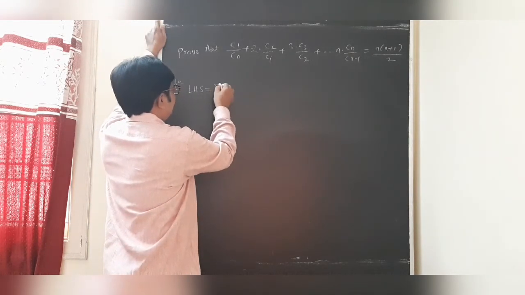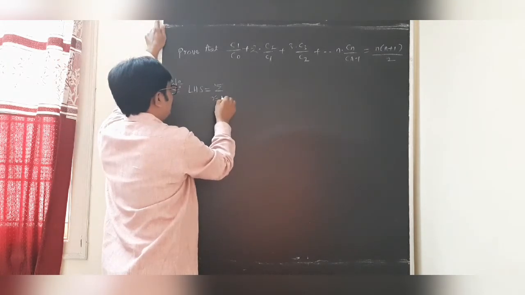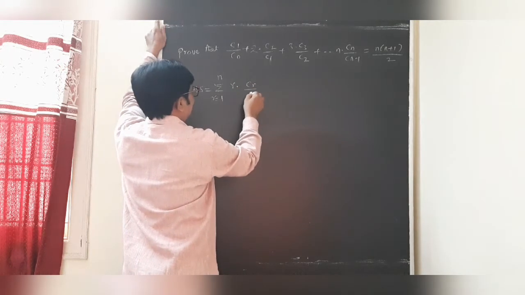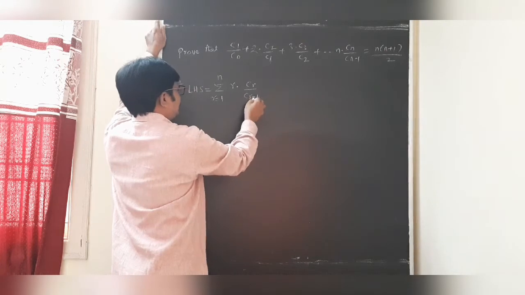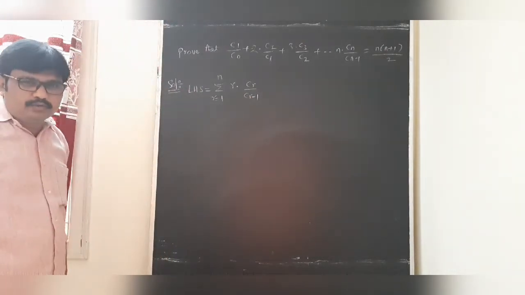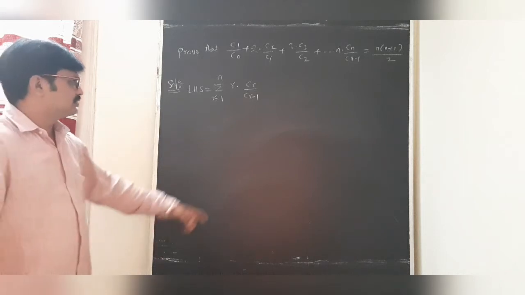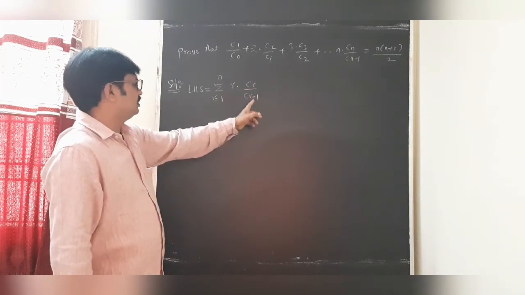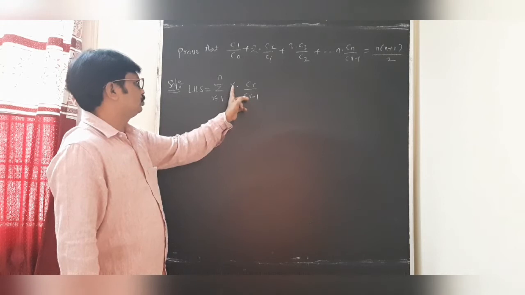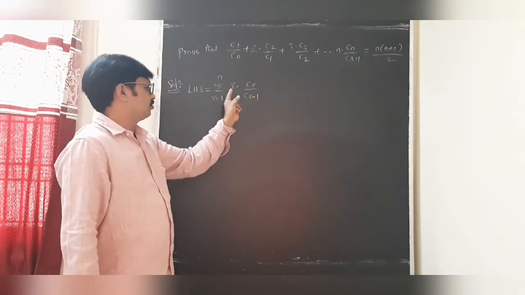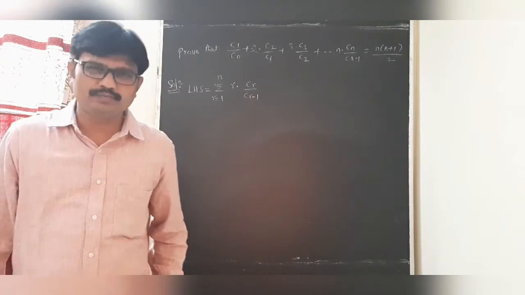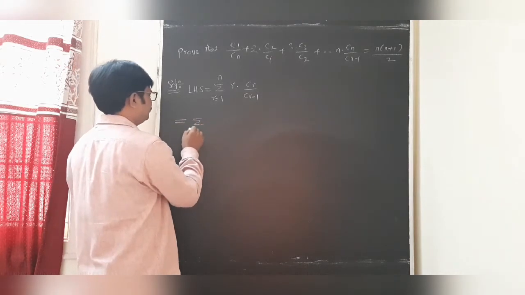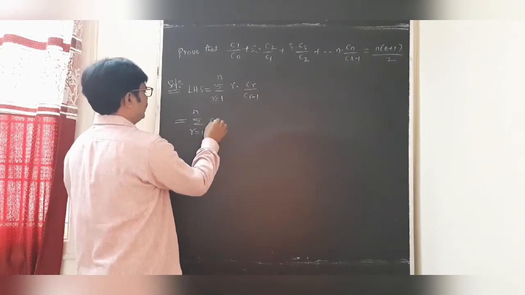Simply, dear students, we can write this as the sum over r equal to 1 to n of r into Cr by Cr minus 1. Is it clear, students? When we take r equal to 1, we get C1 by C0. When r equal to 2, 2 into C2 by C1. When r equal to 3, 3 into C3 by C2. Is it clear, students? Now, how can you write this? Sigma r equal to 1 to n, r into